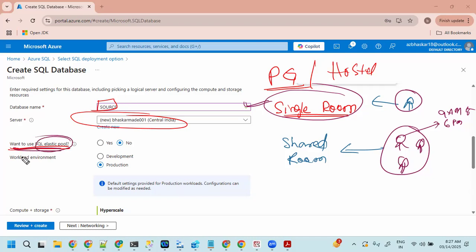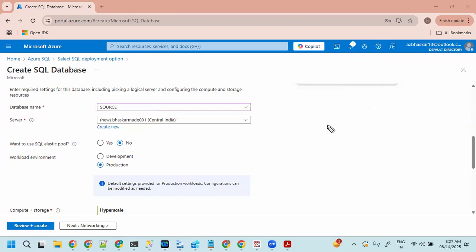In that case, database administrators will create an elastic pool. It's not much difficult. You're just going to say yes, and then give an elastic pool name. You don't need to do anything else. I'm just giving the difference in case they ask what is an elastic pool and what happens if there is no elastic pool. If they ask in the interview, you can give a brief explanation, because we're not database developers. For database developers, it is 100% required.